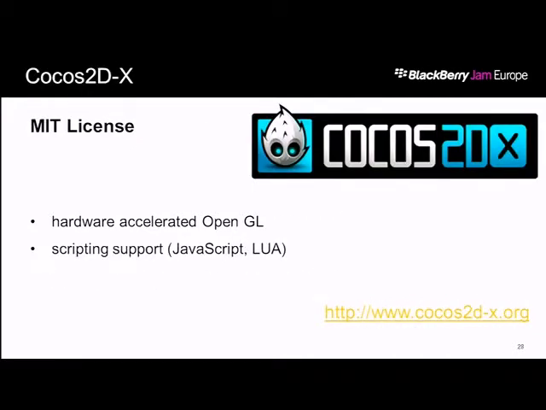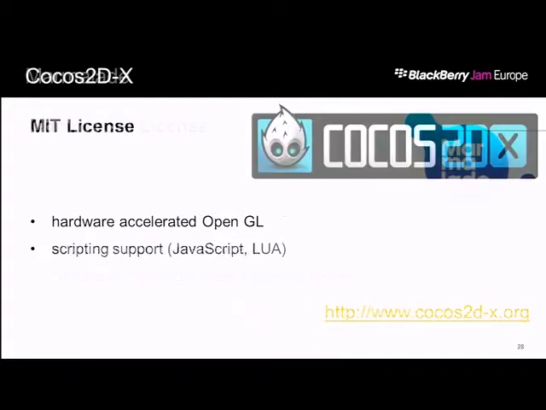Cocos 2DX is basically coming from the success of the Cocos 2D on iOS. So basically, someone took that, tried to keep the APIs to some level of parity, and being cross-platform. Right? So if you're using Cocos 2D, migrating across to Cocos 2DX is a little bit of work, but not much. There's a couple of inconsistencies with the APIs, but effectively, this will give you a low-level subsystem you can build on top of as well. And of course, it has scripting support, which makes it more interesting for some people. Being an MIT license, it's also developer-friendly, right? So you can do whatever you want with it.